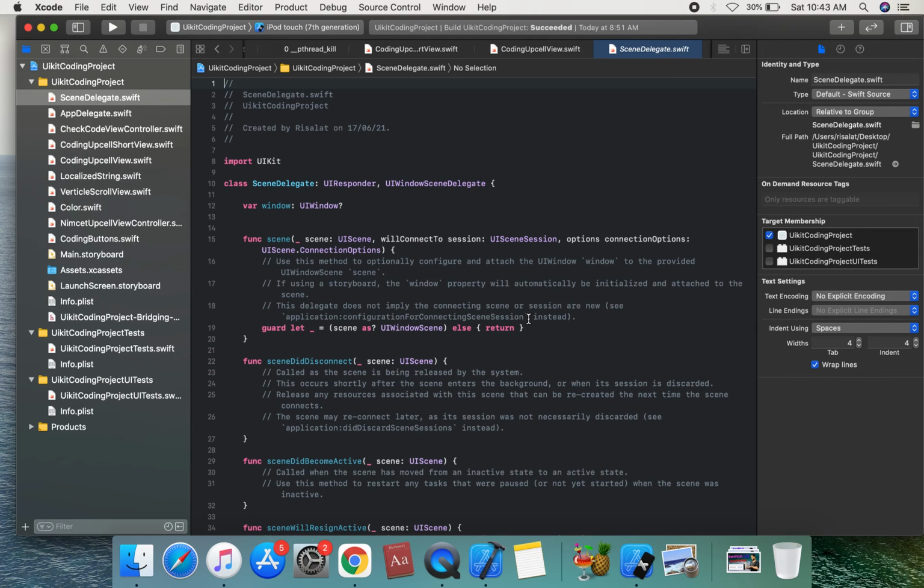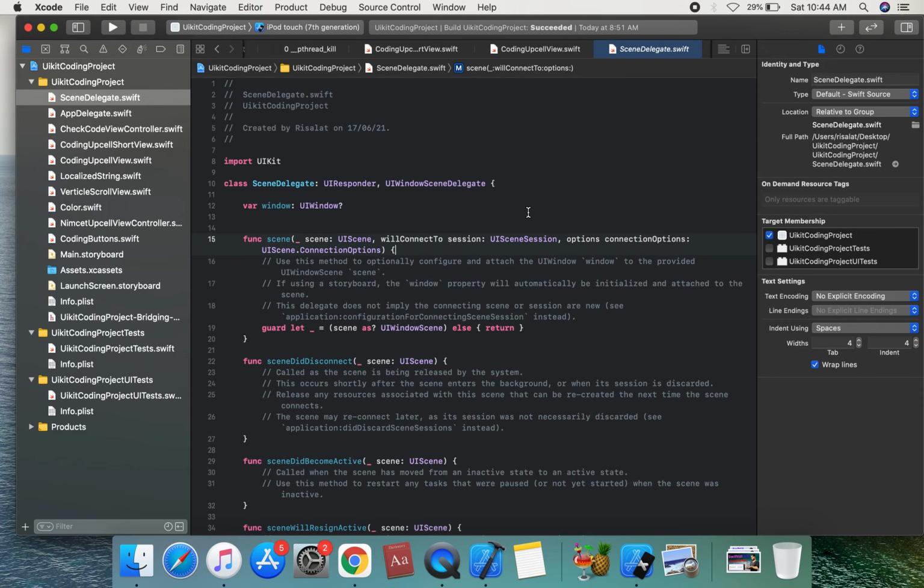Create a UIHostingController object when you want to integrate a SwiftUI view into a UIKit view hierarchy. At creation time, specify the SwiftUI view you want to use as the root view for this view controller. You can change that view later using the rootView property. Use the hosting controller like you would any other view controller, by presenting it or embedding it as a child view controller in your interface. So this is simply a UIKit view controller that manages a SwiftUI view hierarchy.